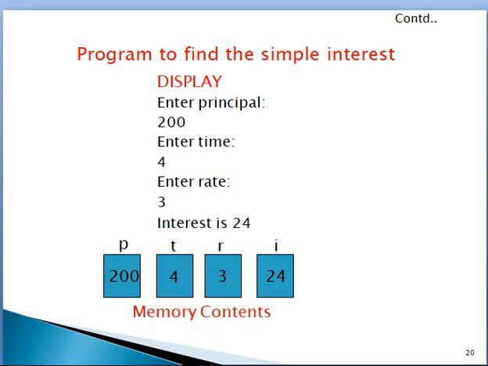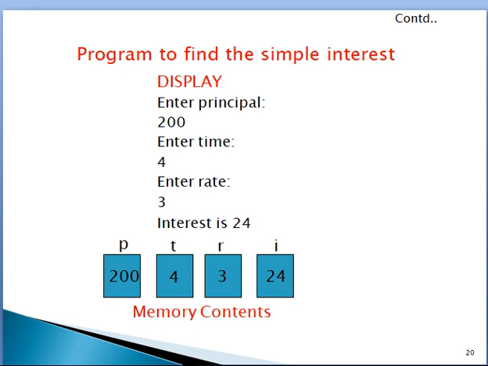Whenever you execute the program after compilation, it displays enter principal. The user entered 200. Again it asks enter time. The user entered 4. Again it asks enter rate. The user entered 3.